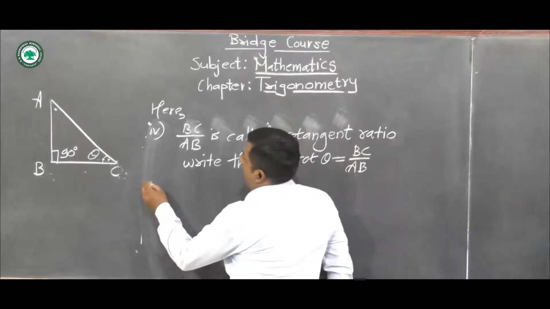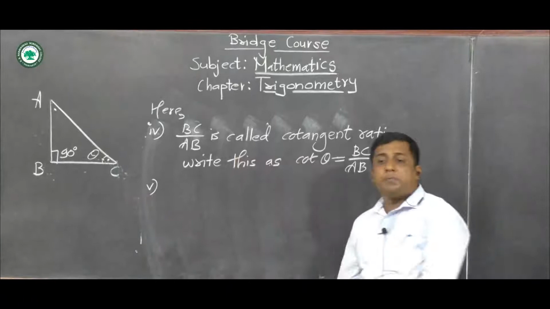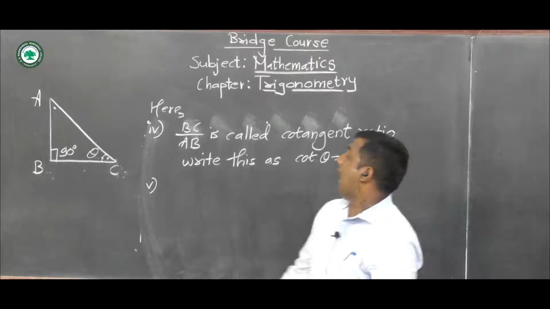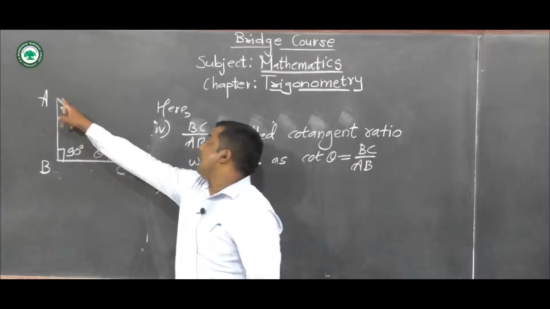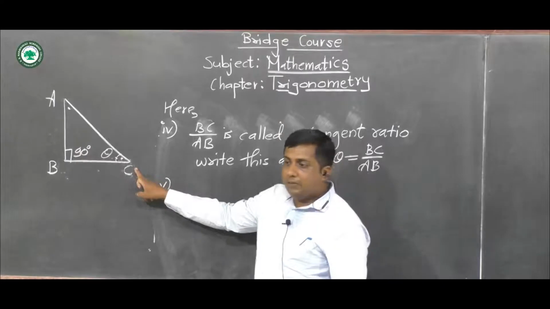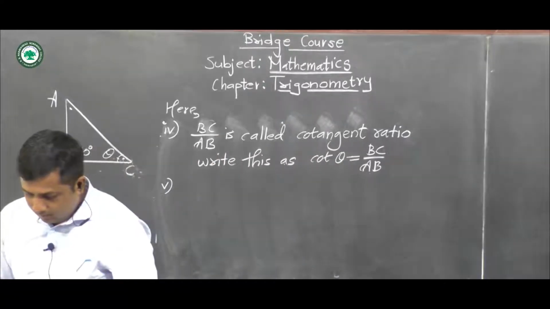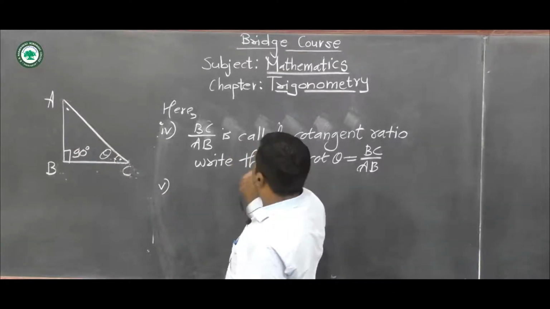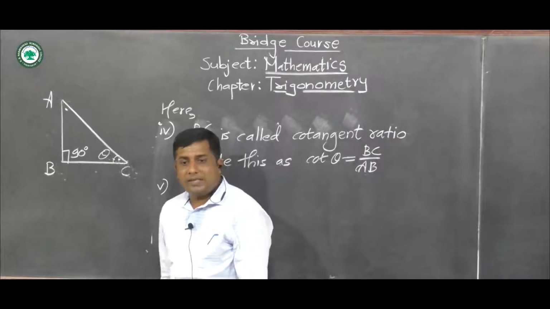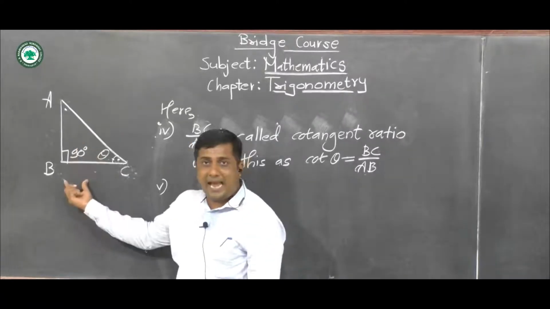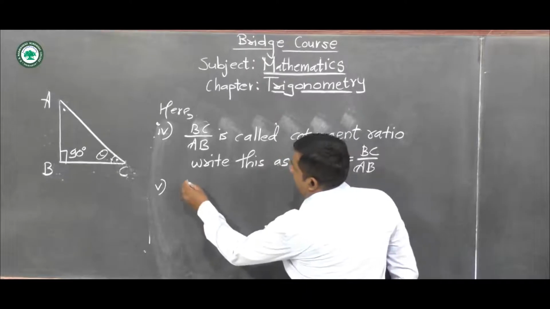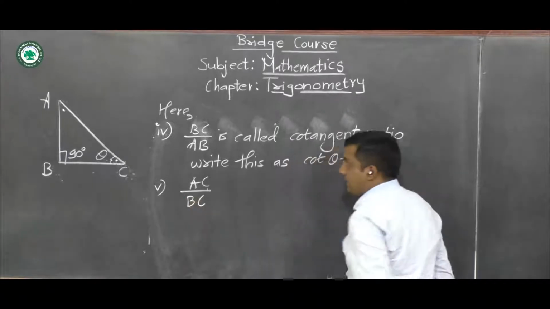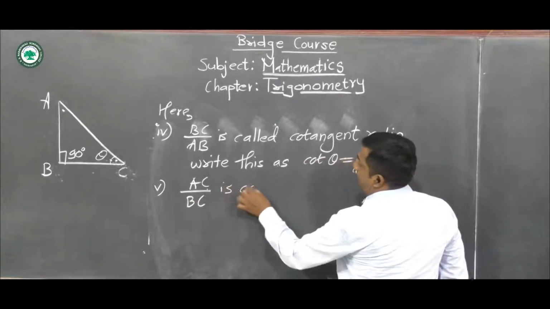Then the fifth point. In the fifth we define the secant ratio. For the secant ratio we consider the hypotenuse, which is AC, and the adjacent side. So here AC upon BC is called